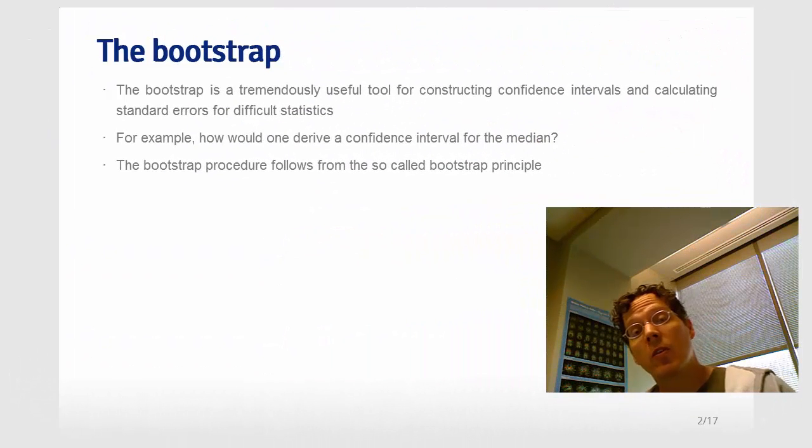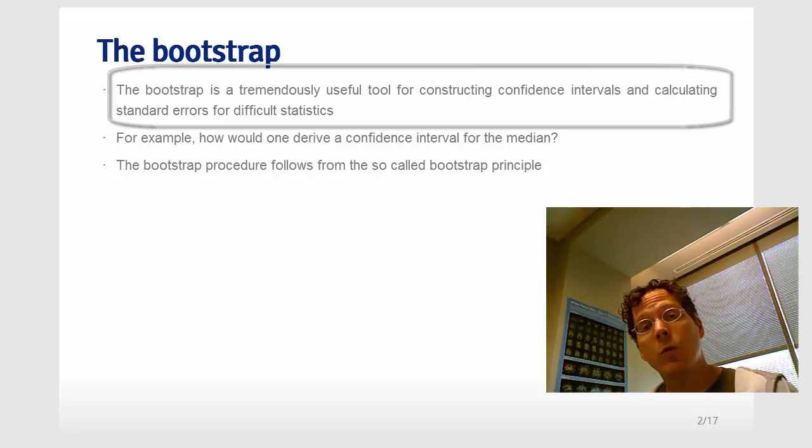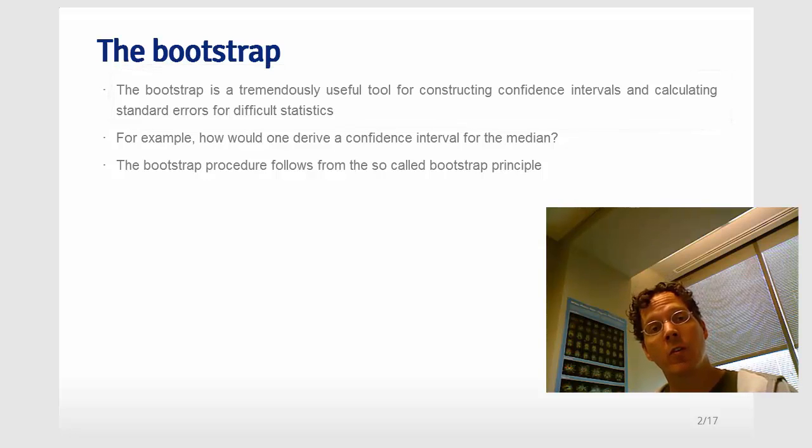So the Bootstrap is a tremendously important and useful tool for constructing confidence intervals and standard errors and basically performing inferences where it would otherwise be difficult. It was invented in 1979 by a famous statistician named Efron, who's in the Stanford Statistics Department, easily one of the top statisticians in history. And I would say the Bootstrap is one of the most important procedures that's been discovered in the history of statistics. And the reason being that it really liberated data analysts from having to do a lot of mathematics in